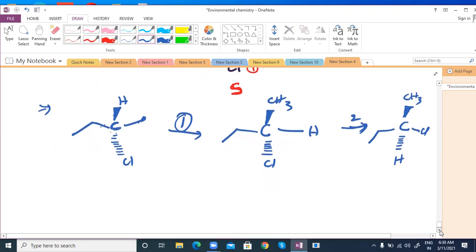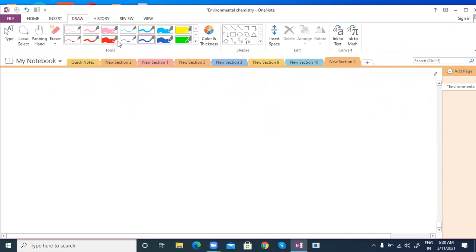We can now try two chiral centers, sir, which the molecule contains. Suppose two chiral centers are there, how to write RS nomenclature? If a molecule contains two or more chiral centers, so I am writing two chiral centers, first priority, two or more chiral centers.